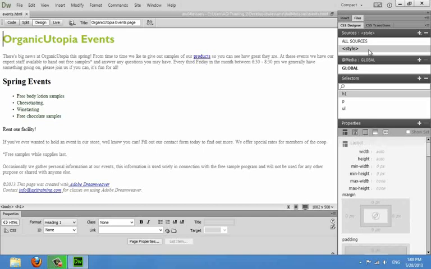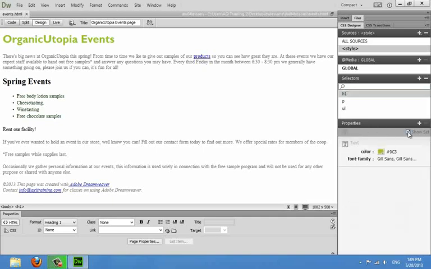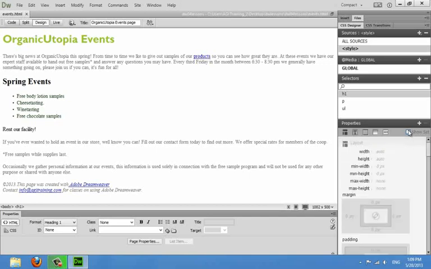Here we can see that the embedded style sheet style in the Sources pane has a few selectors for H1, paragraph, and unordered lists. Clicking on the H1 selector allows me to see any properties that are set in the Properties panel. To see only the properties that are set, I can click the Show Set checkbox. Doing so shows me that the H1 headings have the color set to a light green and the font family set to Gill Sans. Clearing the Show Set checkbox will allow me to see any of the other properties that